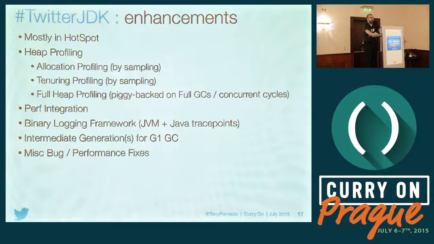Also full heap profiling: every time there's a full GC or a concurrent cycle, we get a profile of what the GC found live and what the GC found dead. And we'll have a running idea of that. That turned out to be very, very helpful for tracking down memory leaks. Memory leaks can start becoming obvious after, say, a week, right? So having that profile over time can give you a very good idea of what's growing in the heap and what's not.